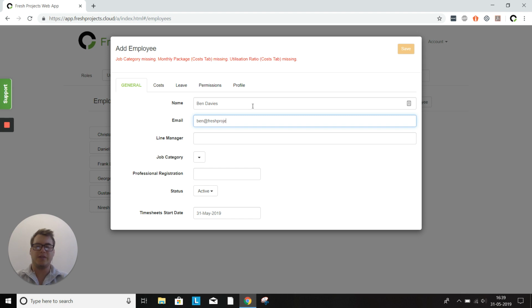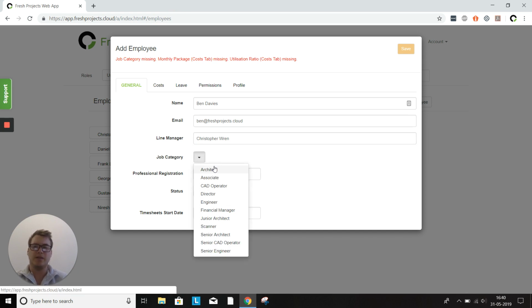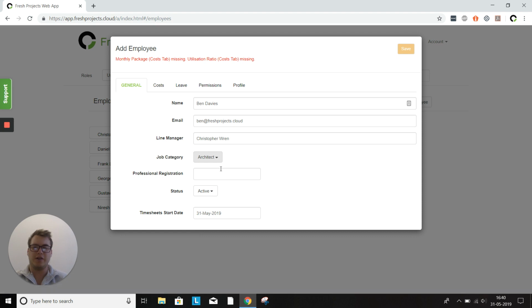This information was then used to create a login for that particular employee, where they would use their email address to log in. The line manager is then the person responsible for approving any administration time or non-project time, as well as leave. So we then assign Ben Davies to our architectural role,